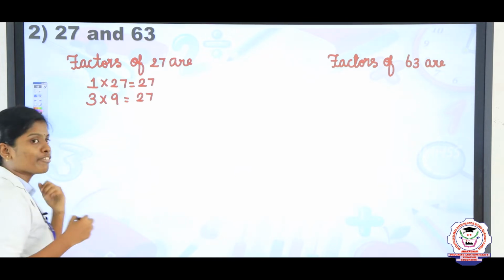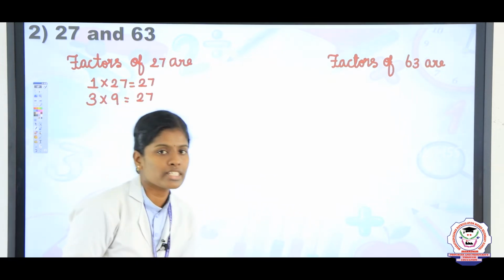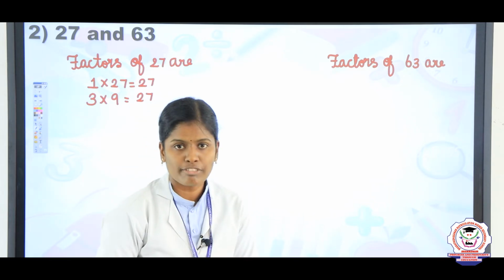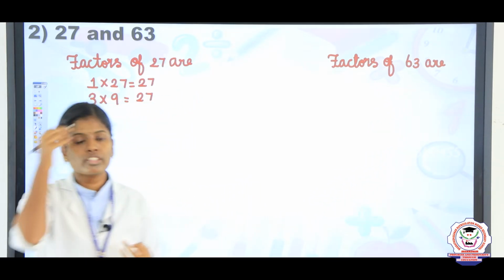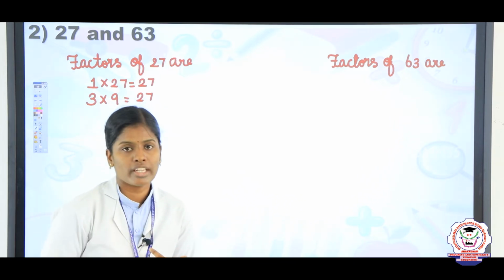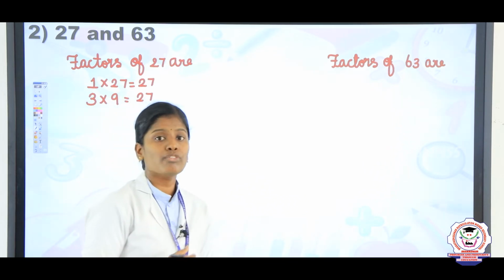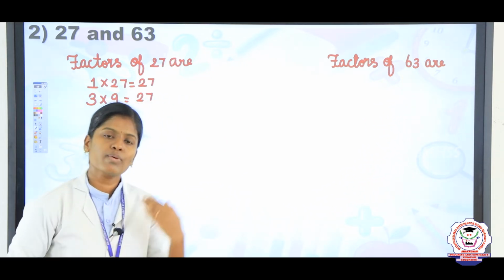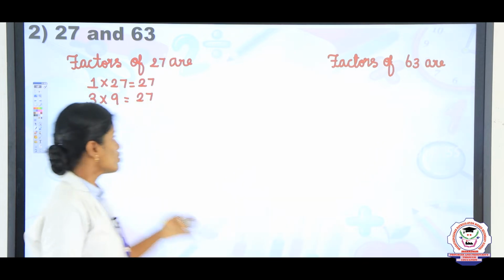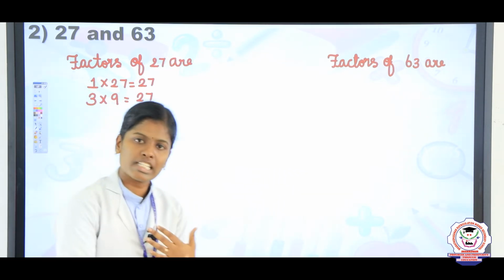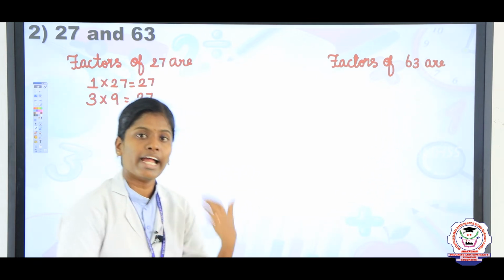Next we are going to check 4 table. So 4 table of 27. Just tell: 4 zeros are 0, 4 1s are 4, 4 2s are 8, 4 3s are 12, 4 4s are 16, 4 5s are 20, 4 6s are 24, 4 7s are 28. So 27 is not there. Next we are going to check the 5 table. So 5 table at 27 possible means it is not possible. Next 6 table, 7 table and 8 table.